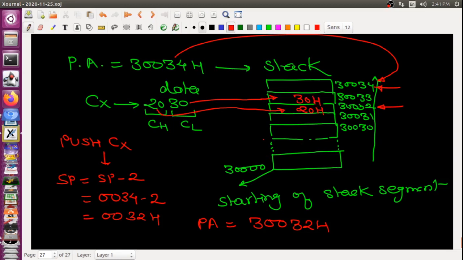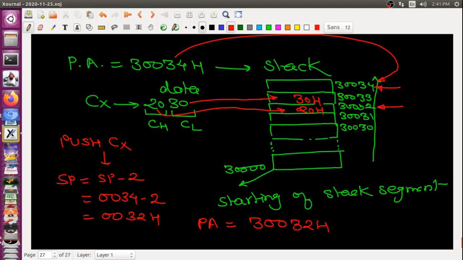In this way my operation is performed. And finally, if I ask what is the value of my stack pointer, it is 0034H. If you give one more instruction, your stack pointer will be decremented accordingly.